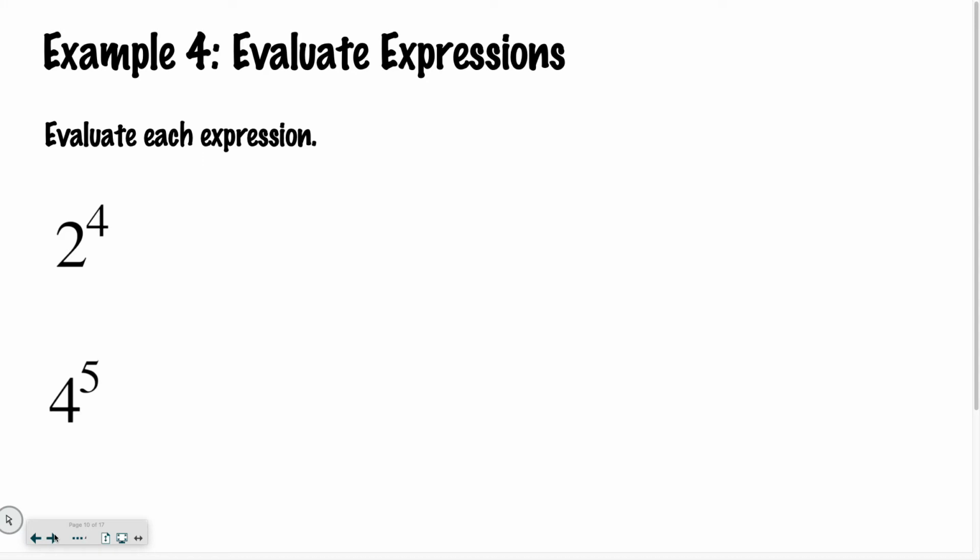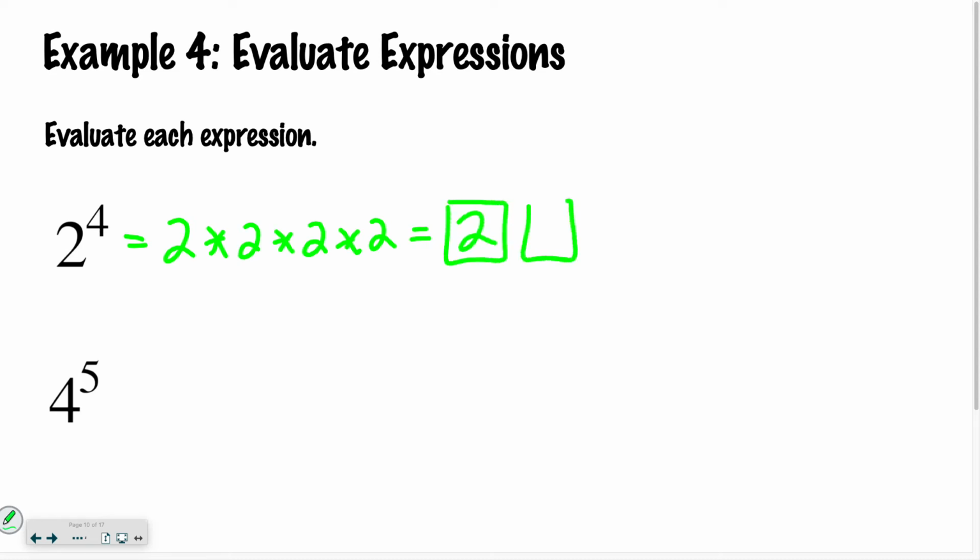So evaluate each expression. So 2 to the 4th power is the same as saying 2 times 2 times 2 times 2, which can be really annoying to type into a calculator. So on your calculator, you're going to hit the number 2. On the left-hand side of the calculator, there's a little caret key that you hit, and then you would hit 4. And that's going to do that calculation for you. This is really handy when you get bigger numbers. But if you were to type 2 caret 4, you would get the number 16,